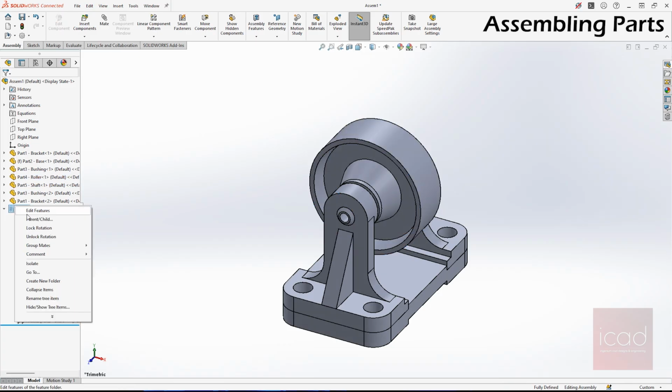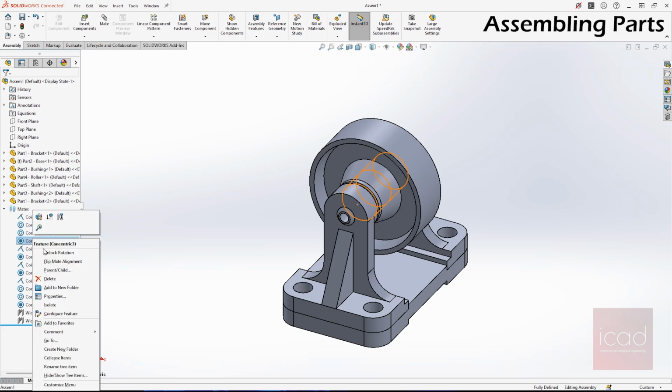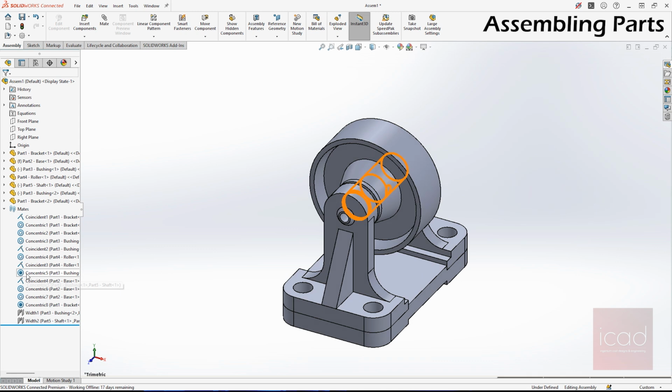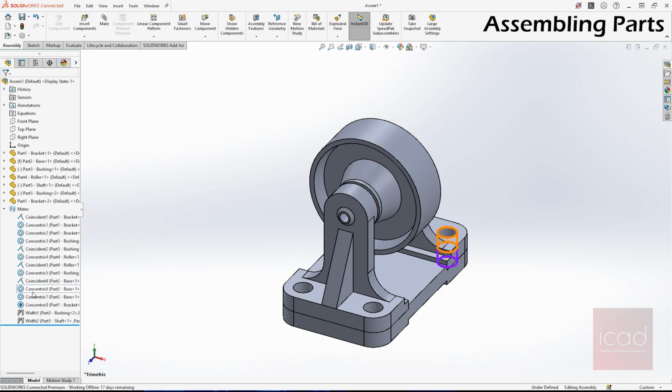But if you don't want that, if you're okay with the rotation, make sure you unlock these rotations. Unlock rotation, unlock rotation. And whichever the one with filled blue color thing in the mate option, that means it's a lock. The rotation